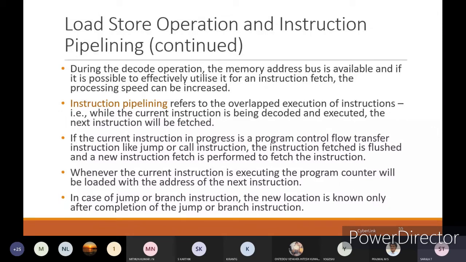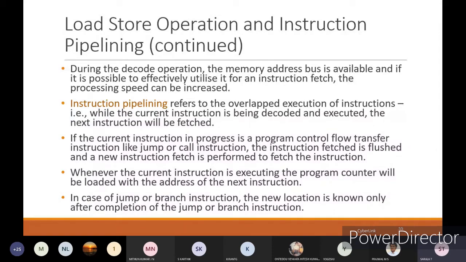See, if you are decoding and you get to know that it has a jump instruction or is calling some other function, then whatever previous instruction we have fetched, which is just the next line, we have to discard that fetch and go for the new one, where you want to call the jump instruction or the next function. That is for instruction pipelining.